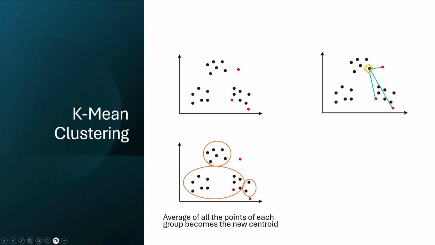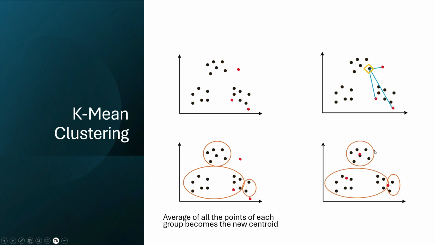So we'll take an average of all these data and find a new centroid, where the centroid probably will be somewhere in the center of this circle. And the centroid of this group will probably be somewhere in this area. And the centroid of this little circle will be inside of this circle, right? The new centroid assignment can look like this, right?